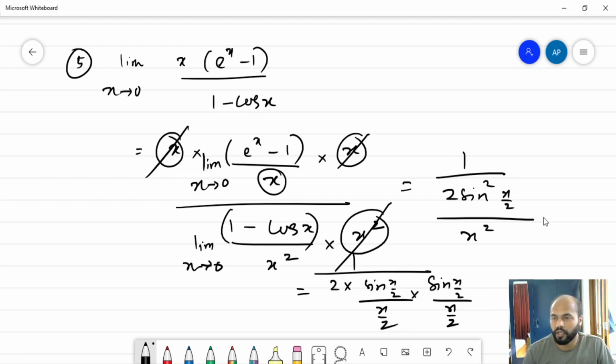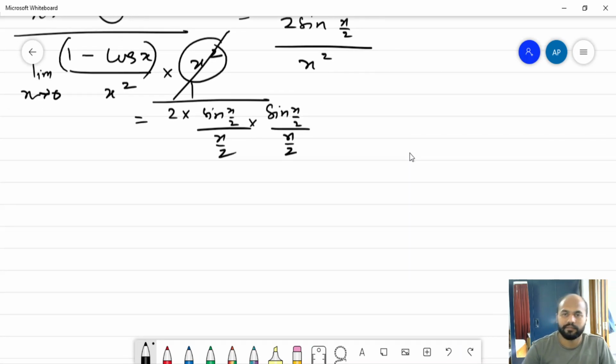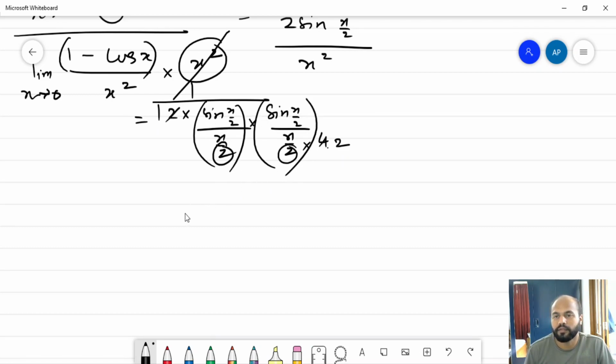So the expression that we get now is something like this. And now you can clearly see that this 2 into 2, this 4, is added over here. So in order to balance it, I have to multiply by 4 over here. So these two ones and these two twos, which means this is 1 and this is 1, because sine theta by theta. And this 2 will go on top, and finally we'll get the answer as 2 to this question.